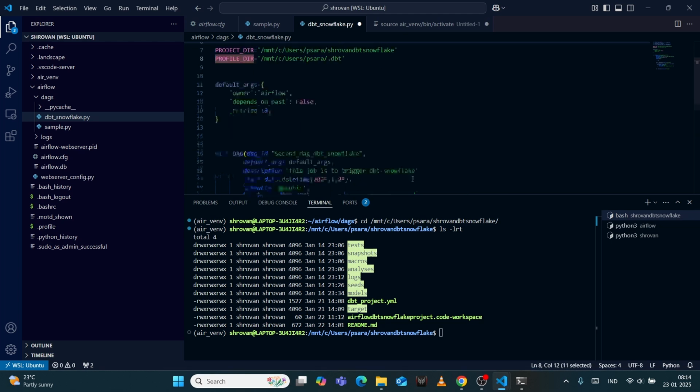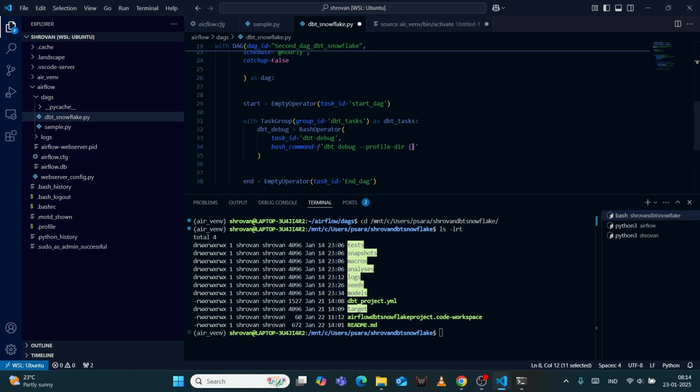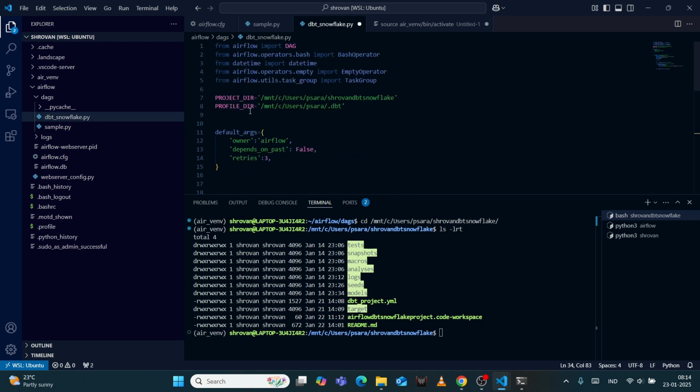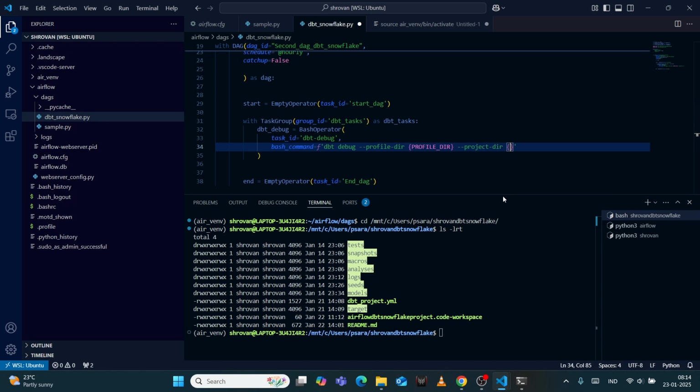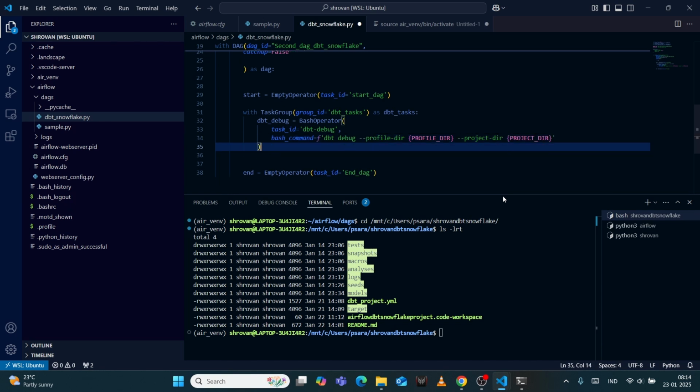So this is a profile directory, so I'll give this profile directory and hyphen project directory. So we can give this project directory there. So profile and the project is done, right? So now we just copy the same thing,